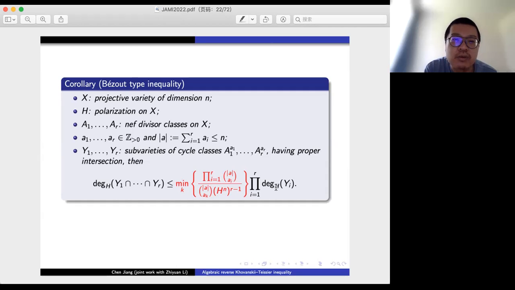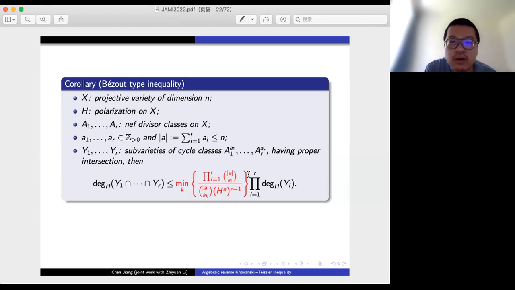In the classical Bezout theorem, we take H, and A1 to Ar are just multiples of H, and X is projective space, and we get an equality: the self-intersection number equals the product of the degrees. But here we have different